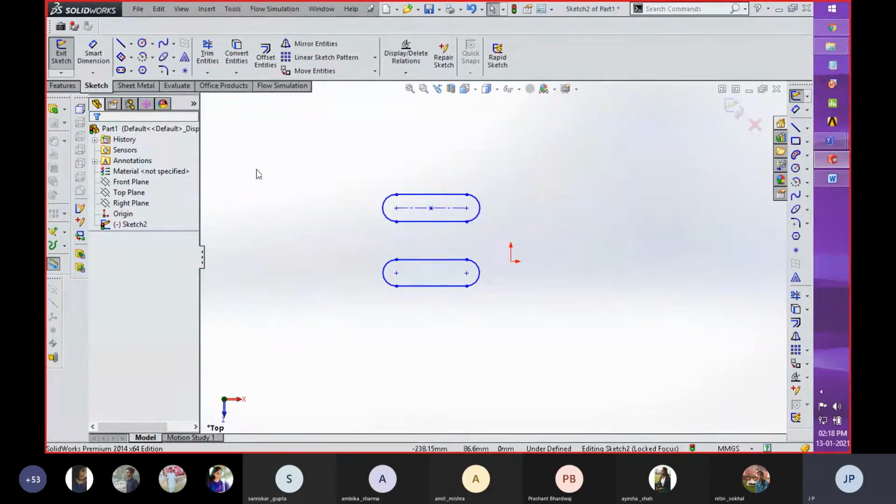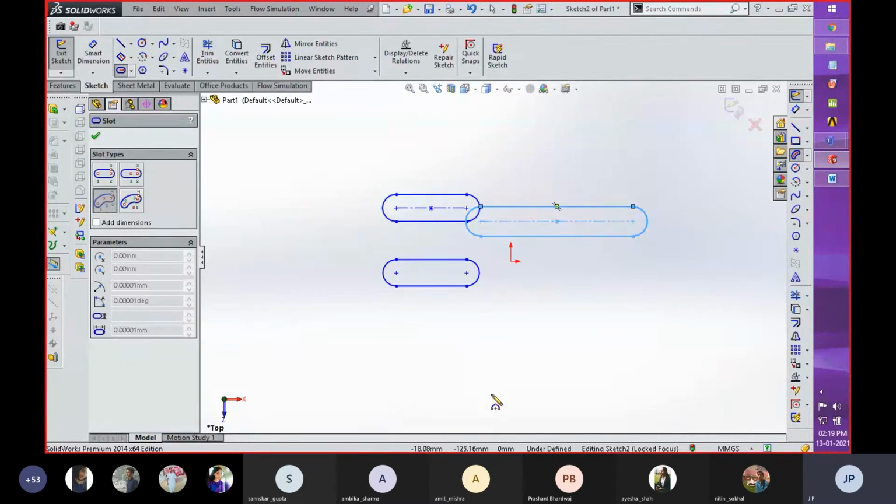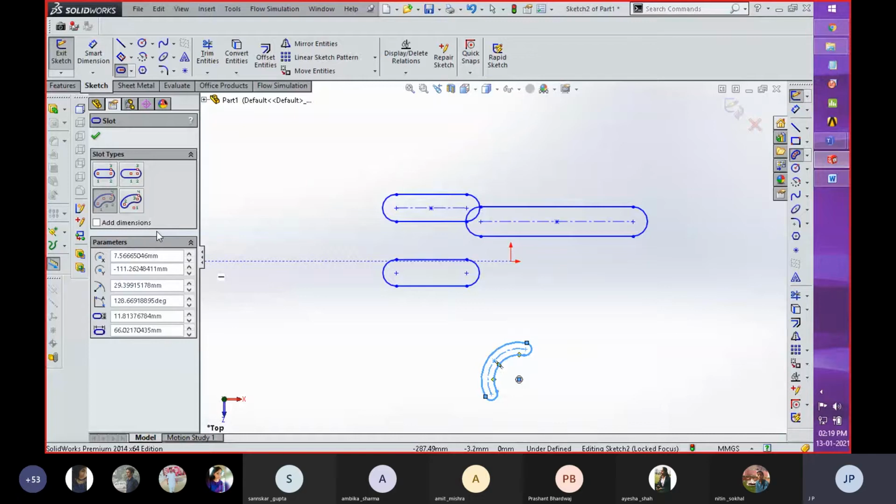But with the help of the slot which is already available in the ribbon, you can directly create this type of slot. Of the different slots which are available, you can create center and straight slot. For that purpose, the center point and last point are created, and then drag for the width of that slot. So these are the different methods with the help of which you can create these slots: first point, second point, and then center point at what you want to create. So in such a manner, you can create these different slots with the help of this sketch toolbar. So this is related to sketch.